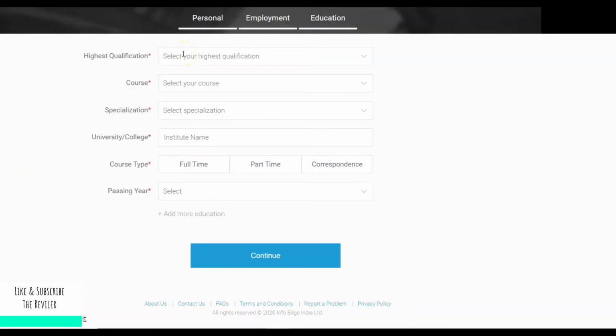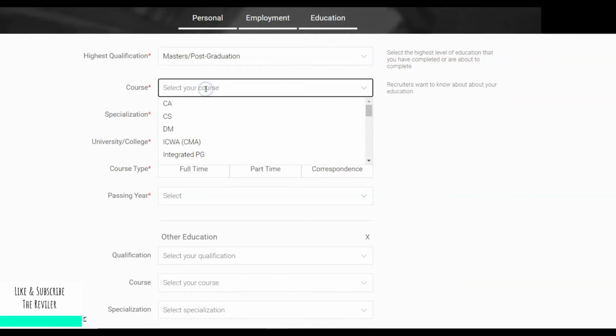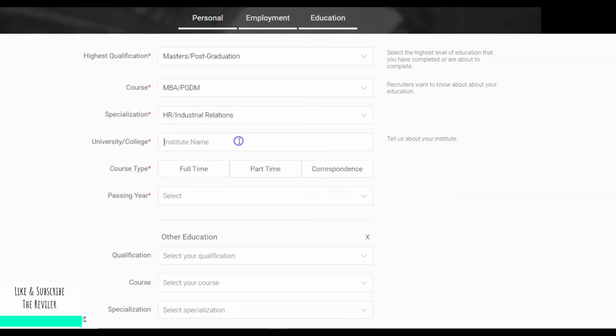After the employment part, here comes your education part. I'll write my masters, then my course. I'll type MBA. Is it coming? No. MBA. Okay, specialization. Then I'll select my specialization as HR.